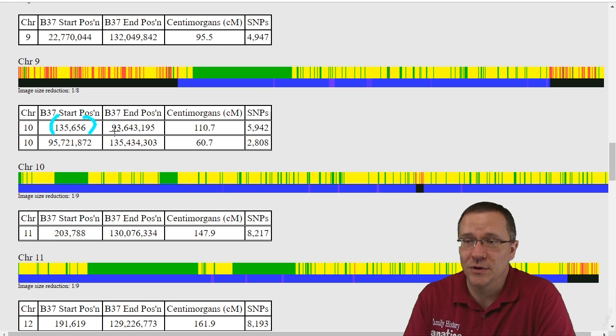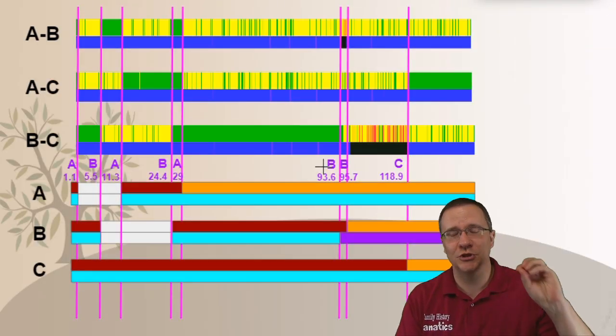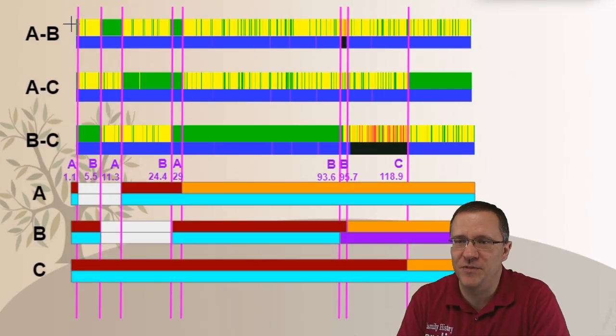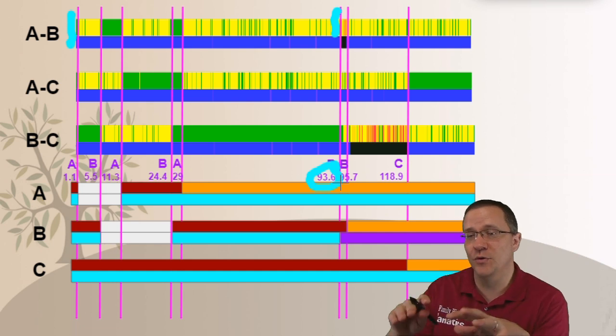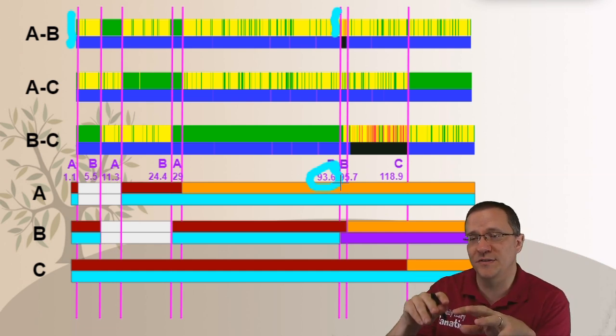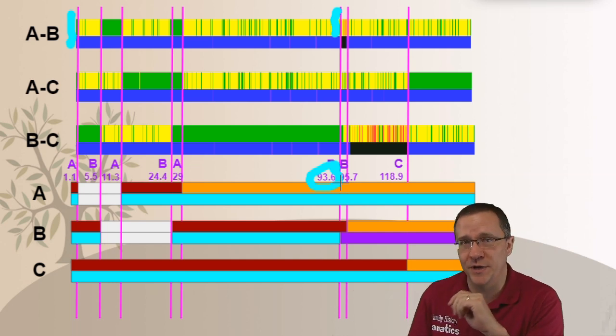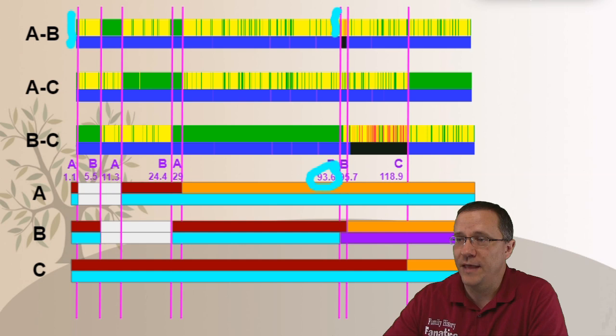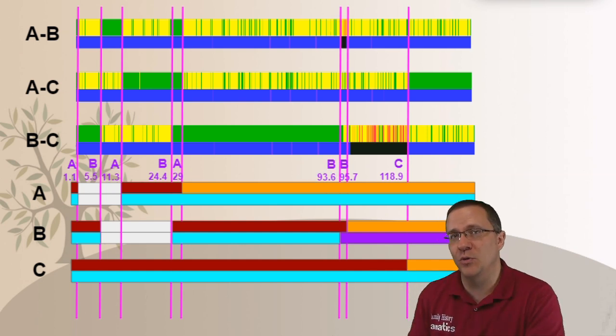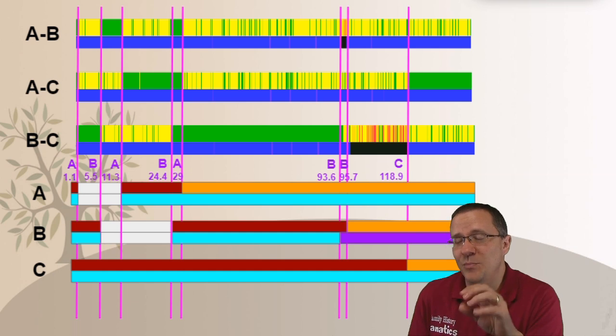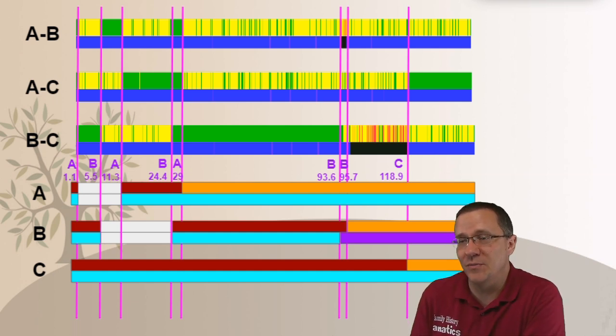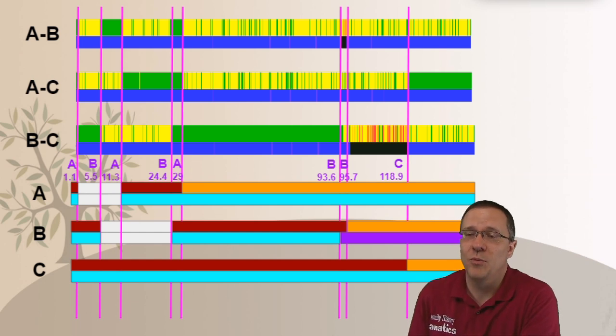So let me take a look at where these numbers fit in. On GEDmatch, that was showing where it was just a half match. That 0.1 was the very start of this part right here. And the 93 million is where it ends. So it's going to be this point right here, which is why I've put that 93.6. Now I've gone through on AB, on AC, and on BC to find where each one of these different recombination points are. Now that's going to be important as we're comparing with other people, because all those other people may not be on GEDmatch, but we may be able to have this segment information to find out how we are matching with them.